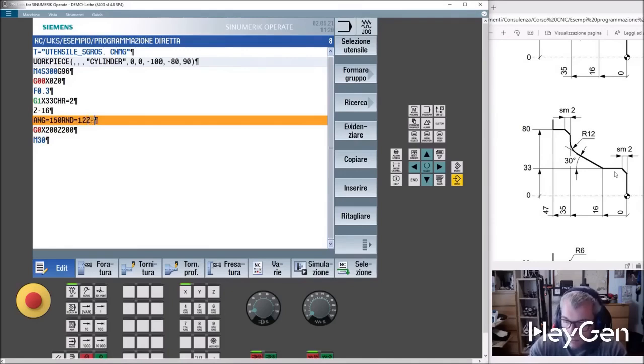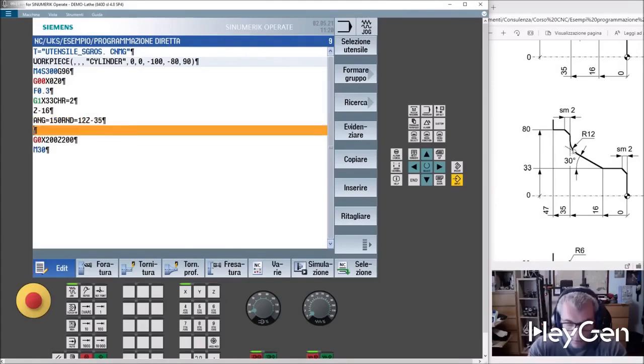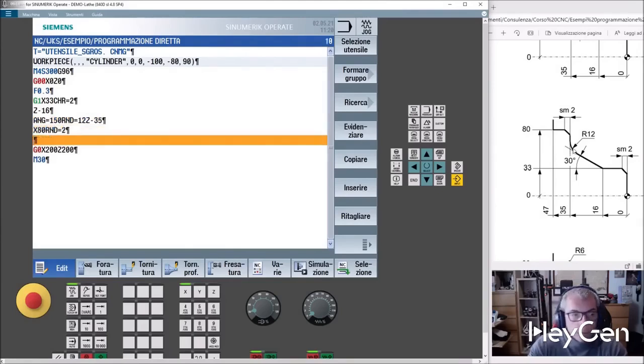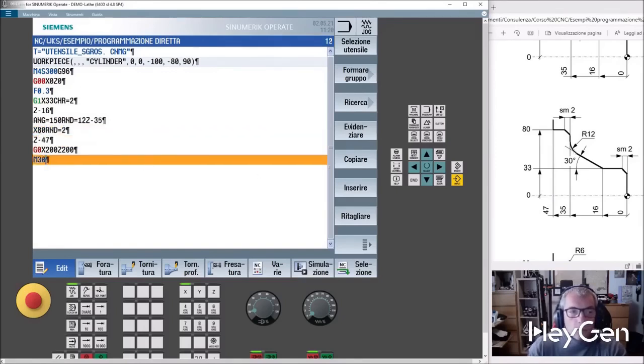We have one last data point, which is a Z35, and we are here. Perfect. X80, radius equal to 2. Z47. This software, I remind you, is available for free download from the internet upon registration, and you can follow